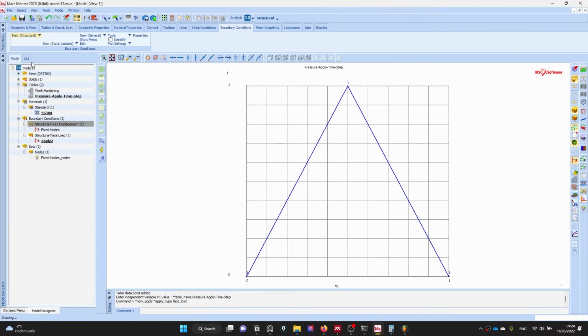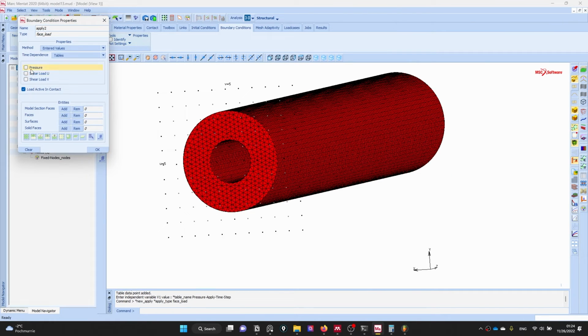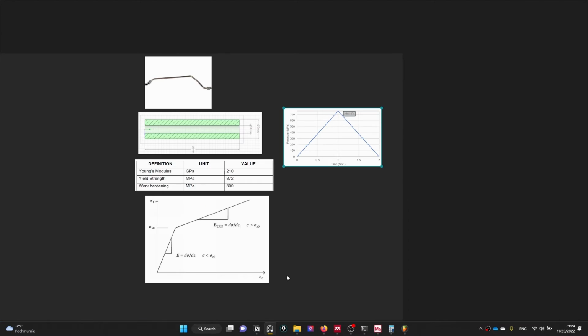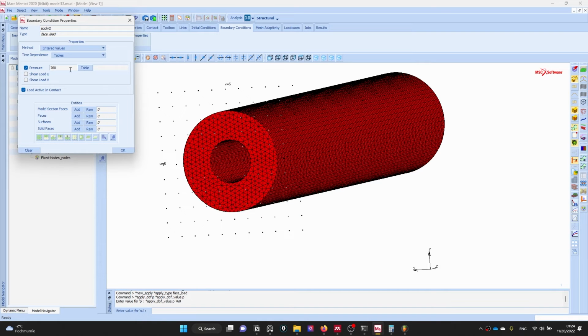define phase load, pressure 760 megapascal. Yep, and my table is this. At which phase? This phase. It should be solid phase. Okay,